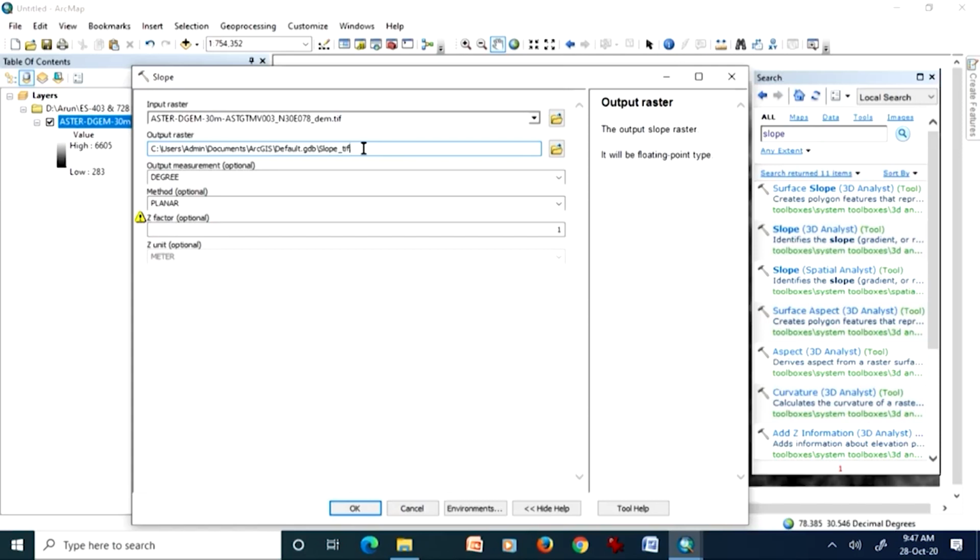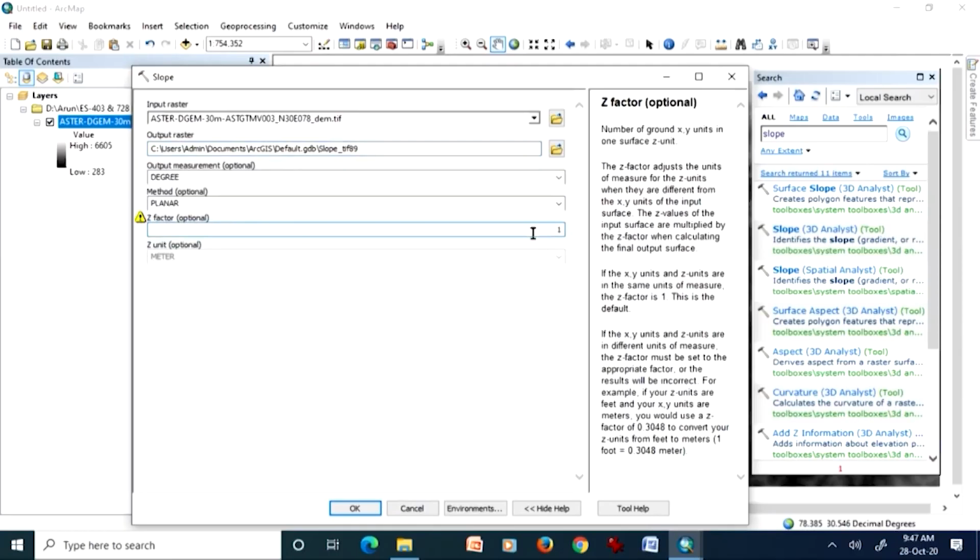That is 50.5089. So just for simplicity I am keeping 89 in the name, and the jet factor, of course, I will type as this value